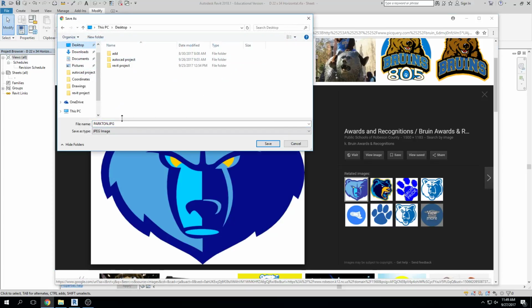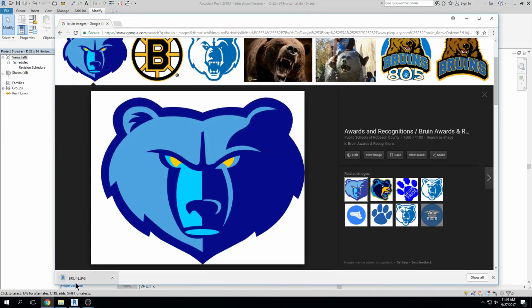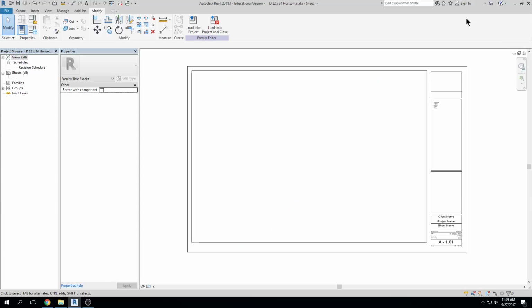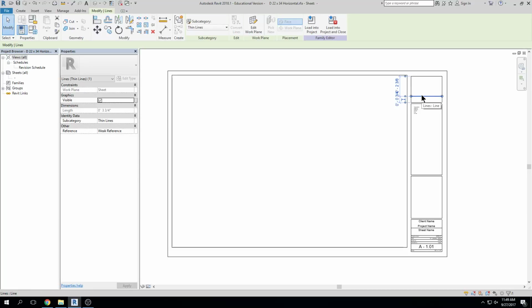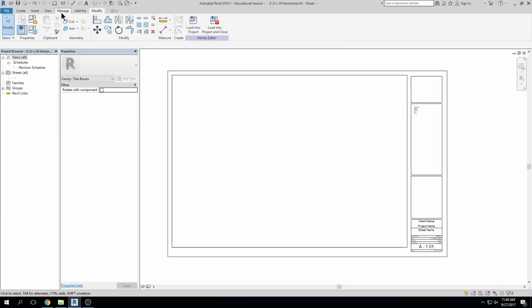We'll go to desktop and save this as Bruin, enter. Okay, so you're gonna go find your image, and if you have a company logo or whatever, you'll have a JPEG image of it, or something to that effect. To bring that image into Revit, I'm gonna delete that. I'm gonna come up here to